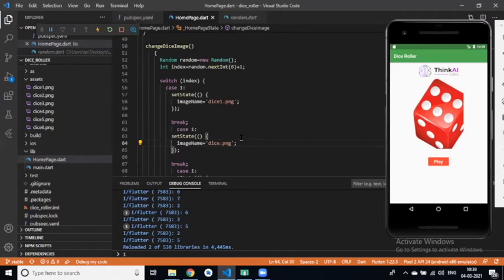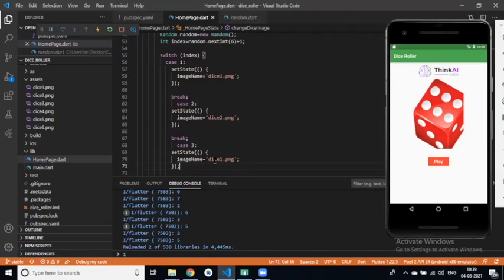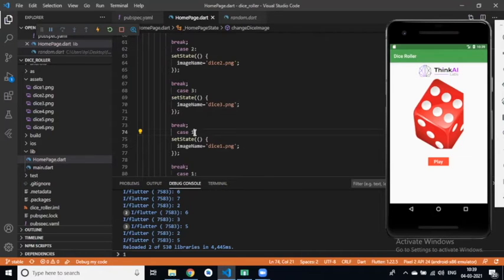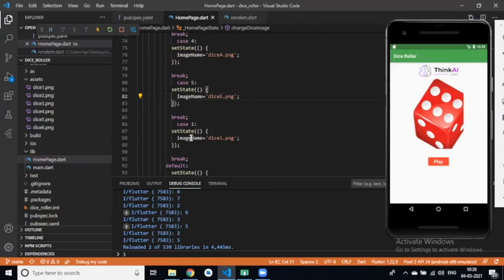Dice 1, then dice 2 for case 2, case 3, then dice 3, then case 4, this we have dice 4, in dice 5 our image name will be dice5.png, and in dice 6, dice6.png.